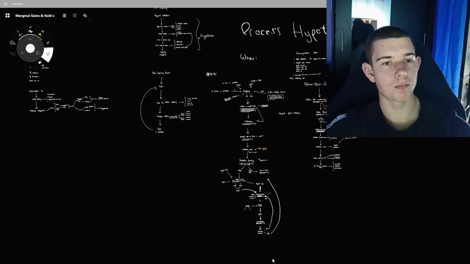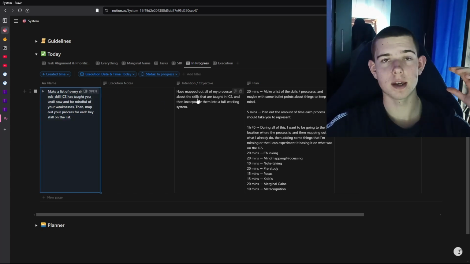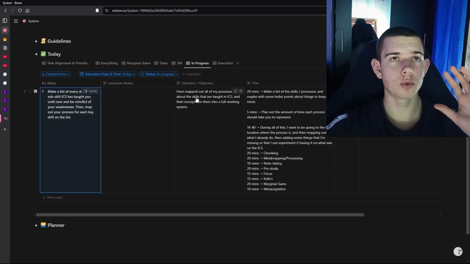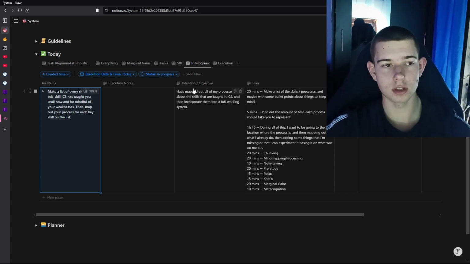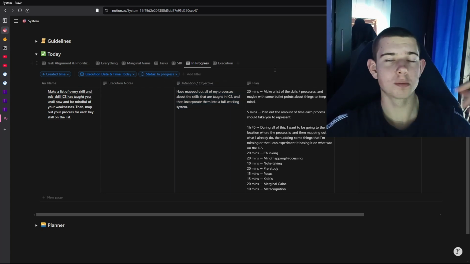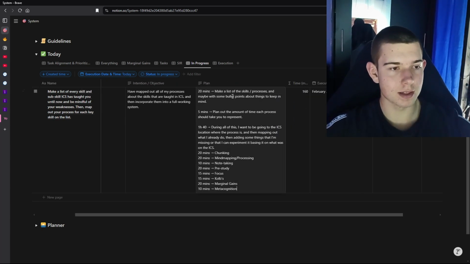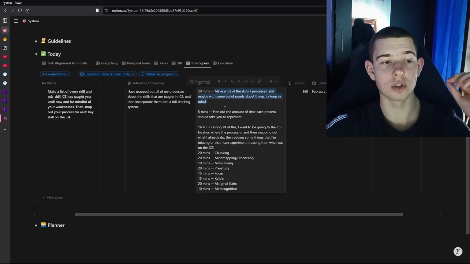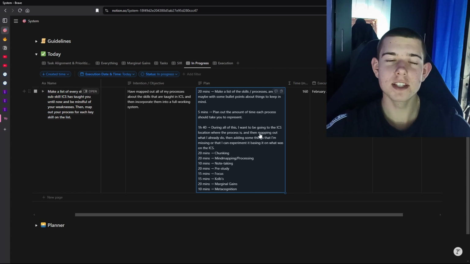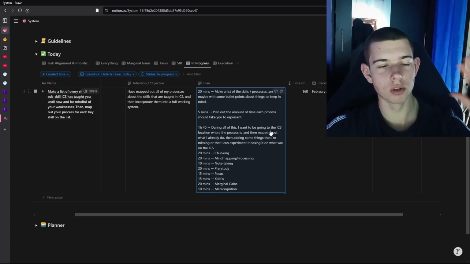Okay, so before I execute a task, I usually just put the name of it. I put the intention, the objective, like what do I want to have achieved after the work block. For example, right now it's having a fully working system, which might not be the most realistic thing, but it's a direction I want to go in. And then I actually plan this, I put the minutes, I put exactly what I need to do. And this seems pretty nice, but even with this, I still managed to waste my whole morning.